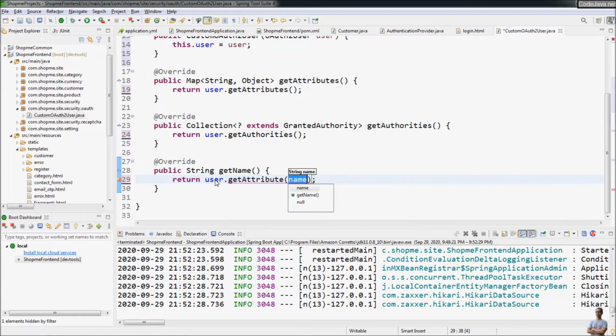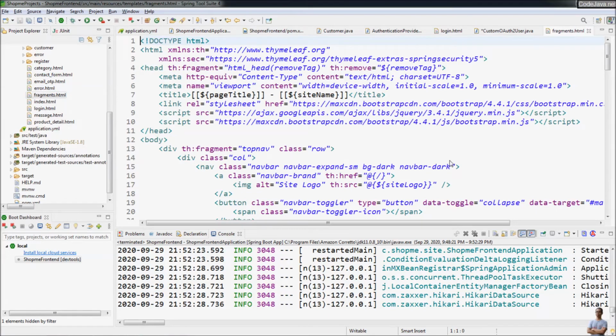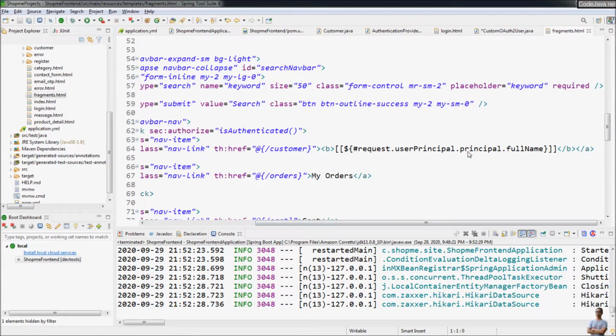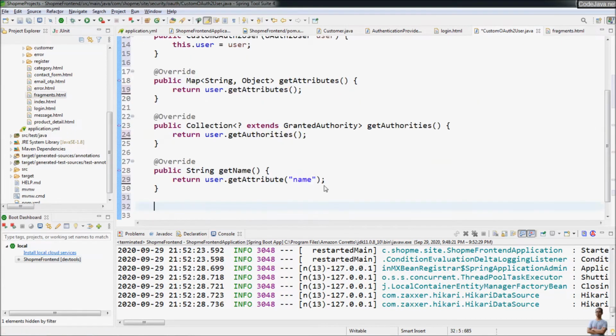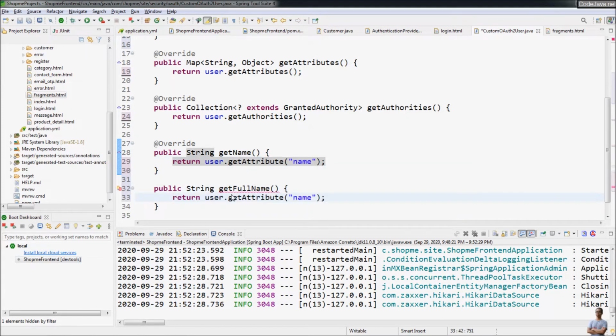Get attribute name is name, and because in this application I display the name of the customer here using this Thymeleaf syntax. As you can see, principal is a user object and fullName is a property. So I need to get a getter name here, public String getFullName, and return the name of the user object. Okay,